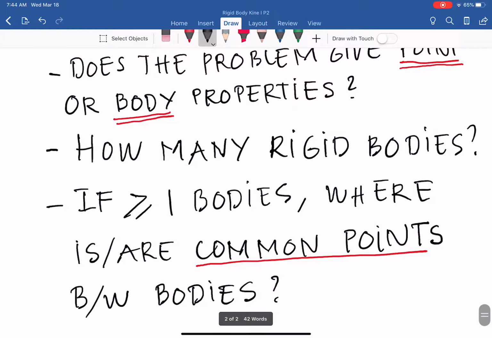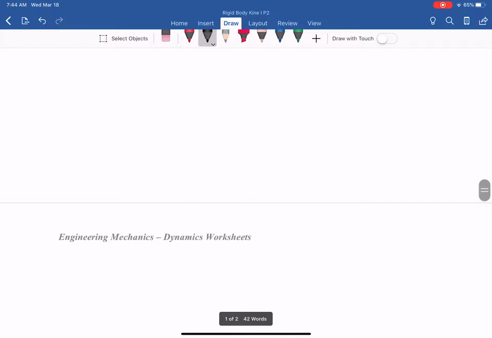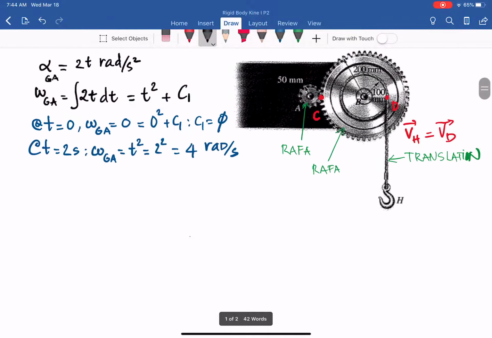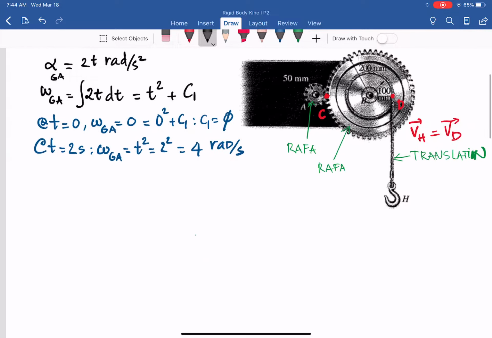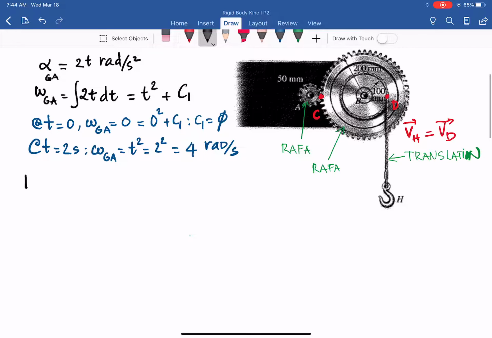Where are the common points? As you can see, we just do one step at a time. A is gear A. So from body property, find out another point property, and that should be a common point between gear A and gear B. So as you can see, there should be a point C that we have in there. So the next step here, we can say